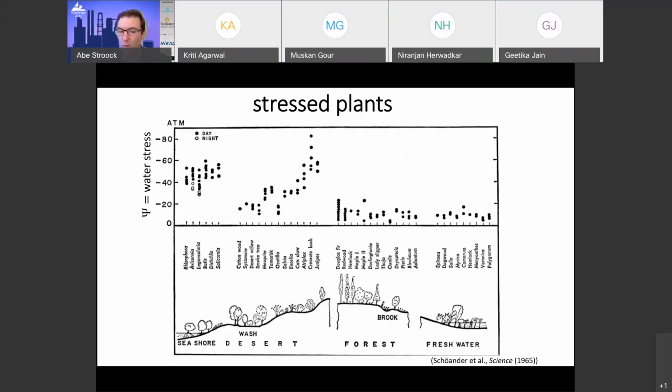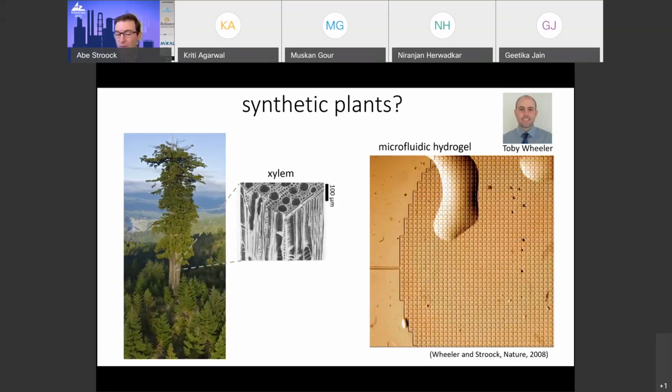So where we entered this problem was to ask, is this really true? We actually had that question. Is it really true that plants use liquids, metastable liquids under tension? And so 12 years ago or so, my first graduate student set about to build a synthetic plant, which was essentially a microfluidic structure inside of a relatively simple hydrogel. And so these are the microfluidic vessels that are visible, like the macroscopic scale vessels in a plant. The nanoscopic structures, the nanopores, are provided by the hydrogel material.